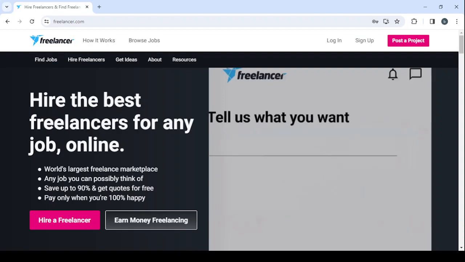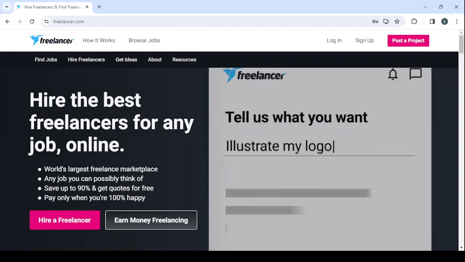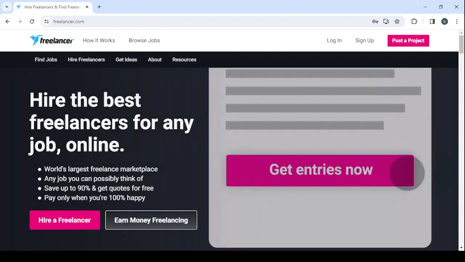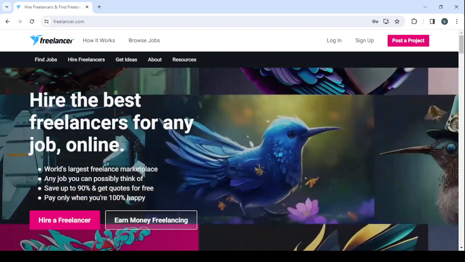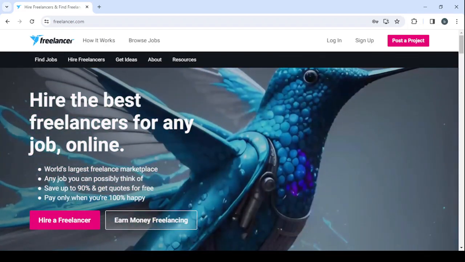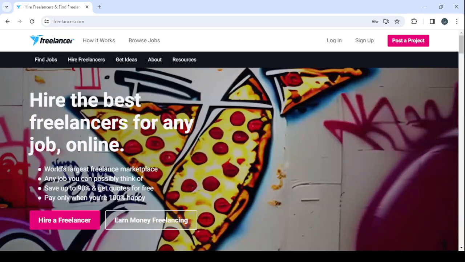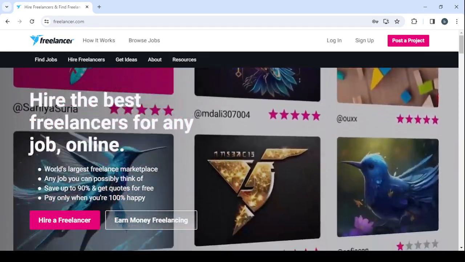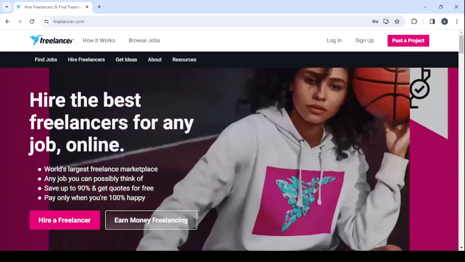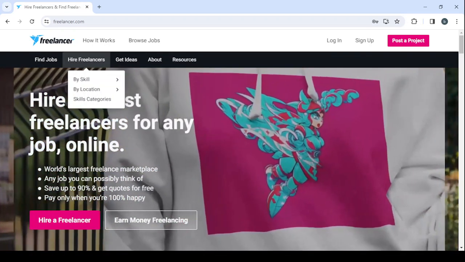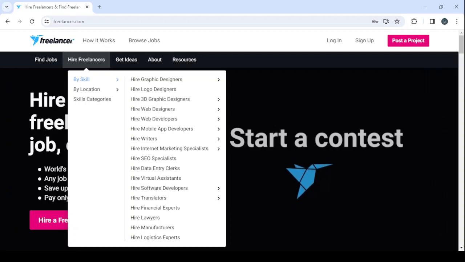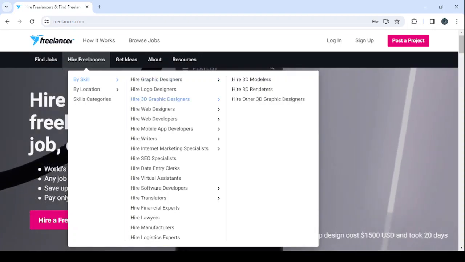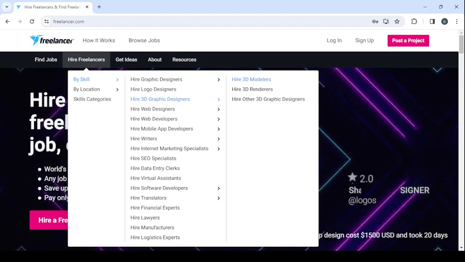So for example, if you are a 3D modeler and you come to this platform, if you are a business owner or an individual looking for a 3D modeler, you come to this platform, you go to the hire freelancers by skill, and you choose here 3D modelers. So for example, here you have hire 3D modelers,